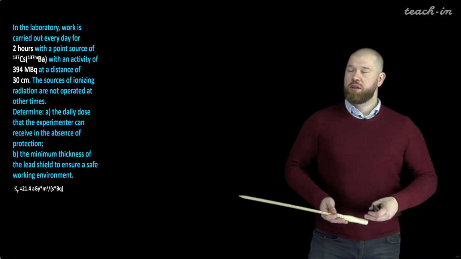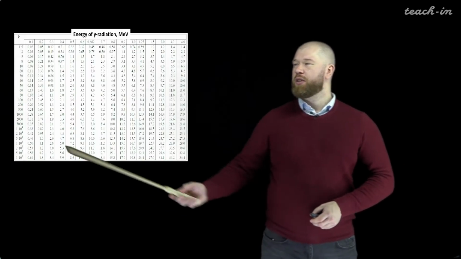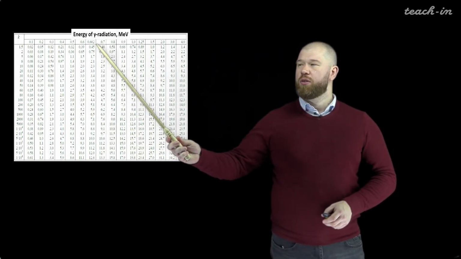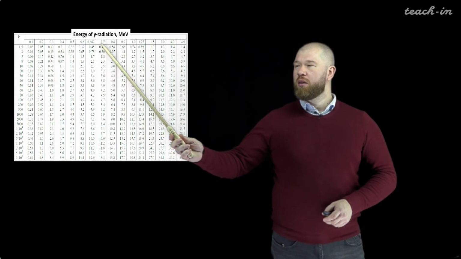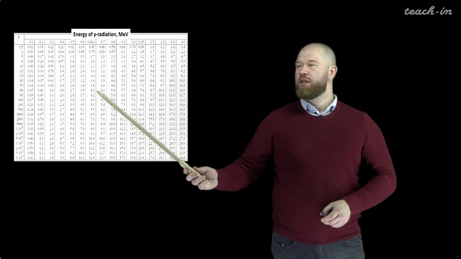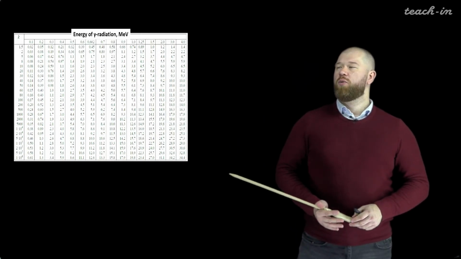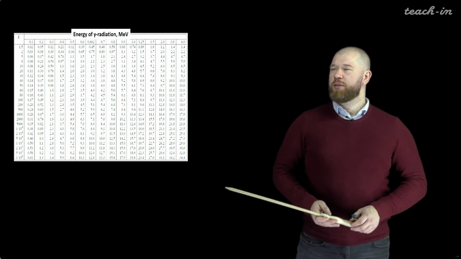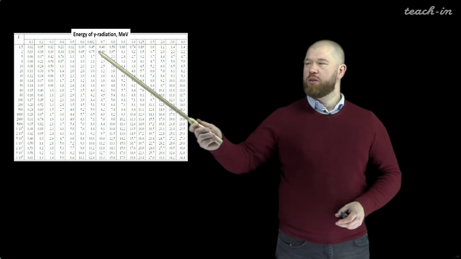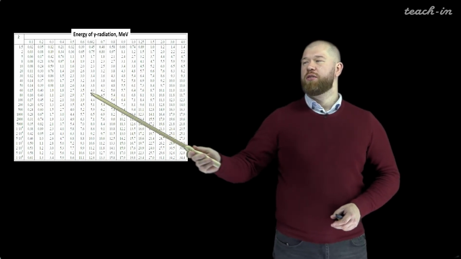With this we calculate the attenuation factor, and if we know the attenuation factor that we have to reach and the energy of the gamma quantum, then we can just take the number, and this number is the thickness of a lead shield. And again, it was quite simple in the case of cesium-137, because there is only one energy of gamma quanta, and we know this attenuation coefficient, and thus we know